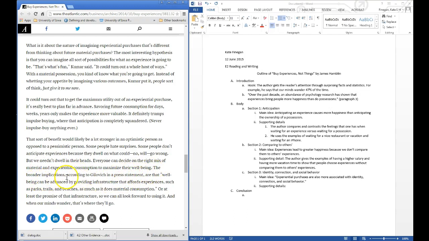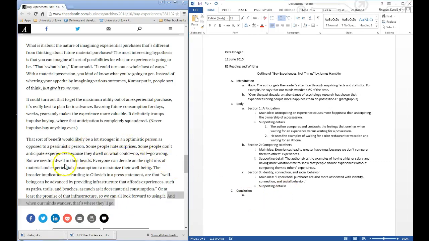The broader implications, according to Gilovich in a press statement, are that well-being can be advanced by providing infrastructure that affords experiences, such as parks, trails, and beaches, as much as it does material consumption, or at least the promise of that infrastructure, so we can all look forward to using it. And when our minds wander, that's where we'll go. Okay, so this sentence is really interesting,